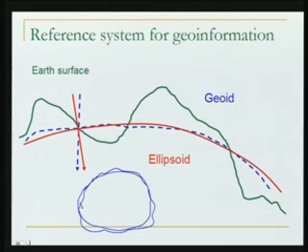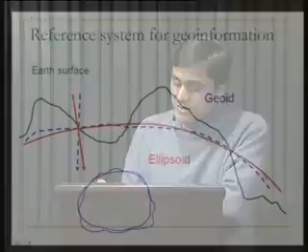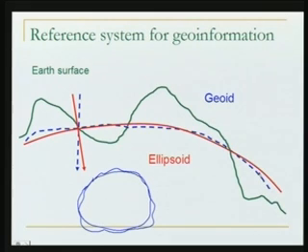Now, this is an ellipsoid, so we know mathematically the equation of the ellipsoid. The same ellipsoid is shown here by the red line. Well, this ellipsoid will not be parallel to the geoid because these two are different surfaces. What we can do now is project our points onto the ellipsoid, and similarly here. Now, what is the advantage? The advantage is I know the characteristic of the ellipsoid between these 2 points because it is mathematically defined.